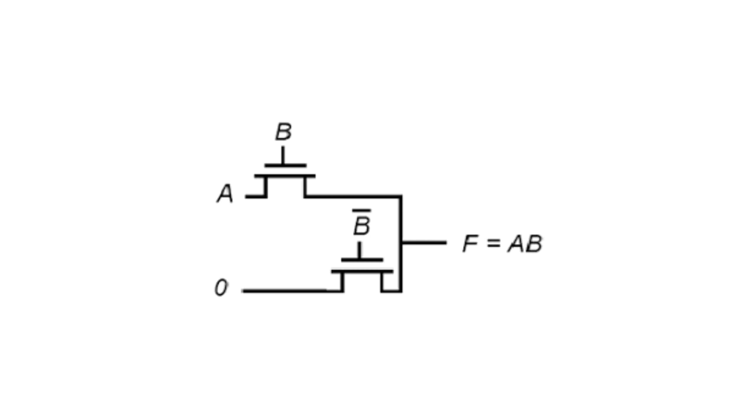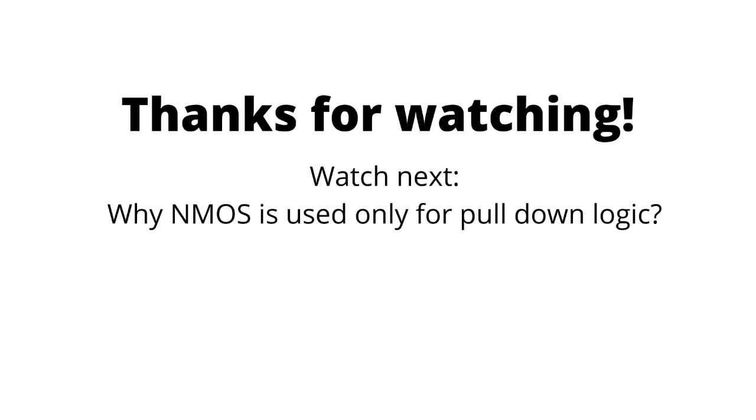Now you can ask, why not implement A and B bar on top and implement 1 with an auxiliary circuit with the gate pulse as B. The problem with this is that NMOS does not pass a perfect 1. So the NMOS logic only passes a perfect 0. So we use 0 to pass a perfect 0 to the output. So we need something called an auxiliary circuit, so that we have